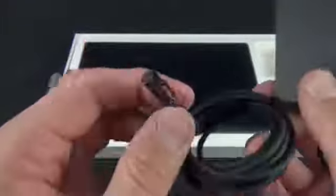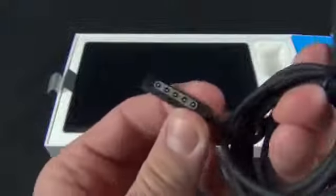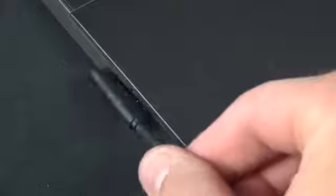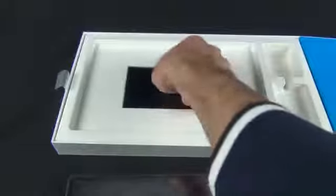We also get a magnetic connector for charging the Surface. This is actually very similar to Apple's MagSafe connector on the MacBooks. There's also an LED charging indicator on the connector, so you know when it's working. Also below the tablet is a literature packet glued to the box. Here you'll find the very basic info on how to use your tablet and what each port and button does. We just need to pull the tab to free the Surface from the plastic envelope,